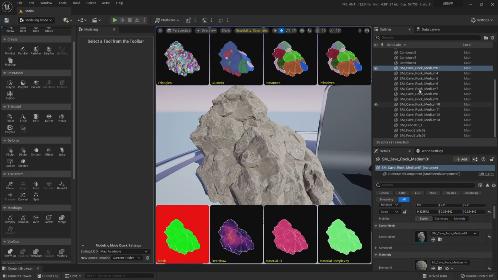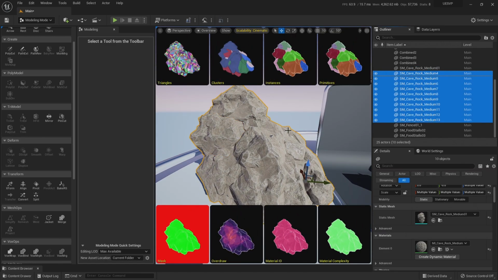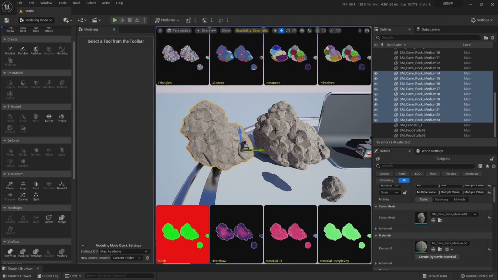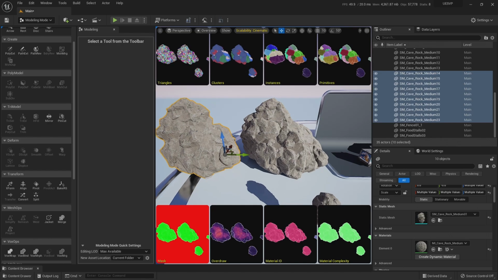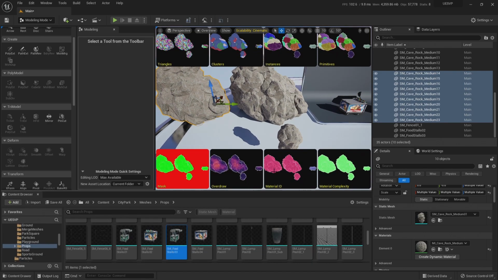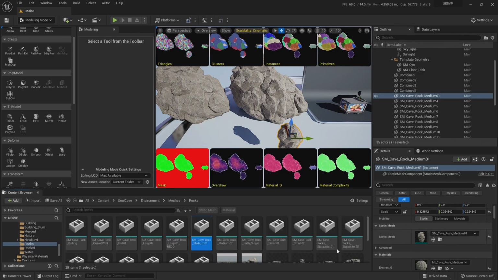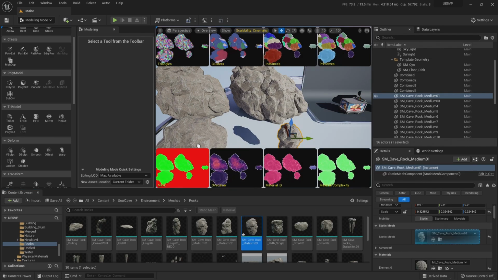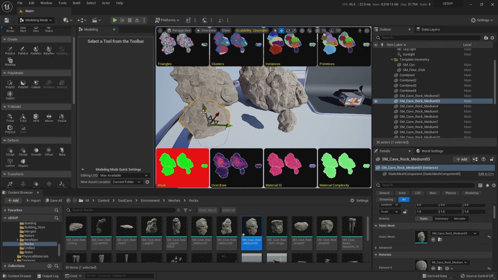What I'm going to do is take all these rocks and duplicate them right here, so we can watch them side by side. Now I'm going to take a copy of this rock and hit Control D to duplicate, and bring this one out here.